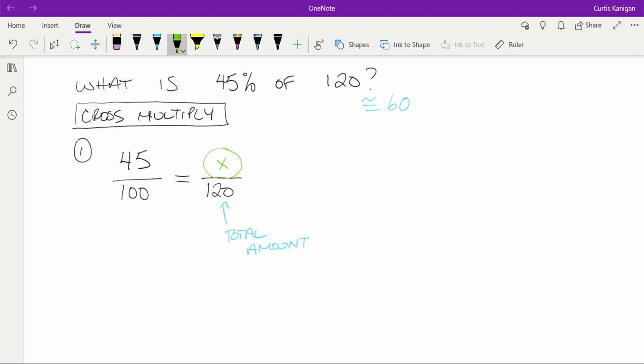So cross multiply means that we are going to take the two numbers that are across from each other and we're going to multiply them. And then we're going to divide by the one that's left over. So let's first of all go over here and do that part. So 120 times 45